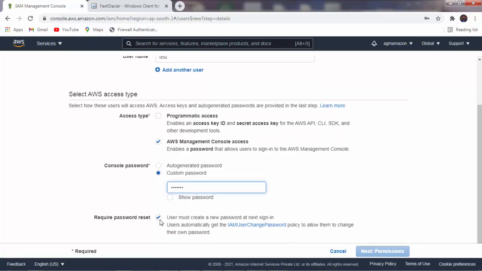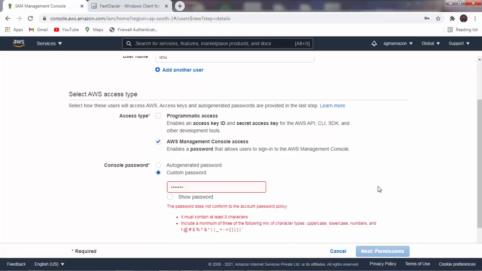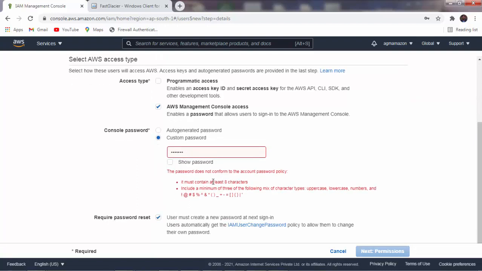And then uncheck this box, otherwise we have to reset the password. So now here you can see that our password must contain at least 8 characters and include a minimum of 3 of the following mix of character types, such as uppercase, lowercase, numbers, and special characters. So you have to select the password accordingly.